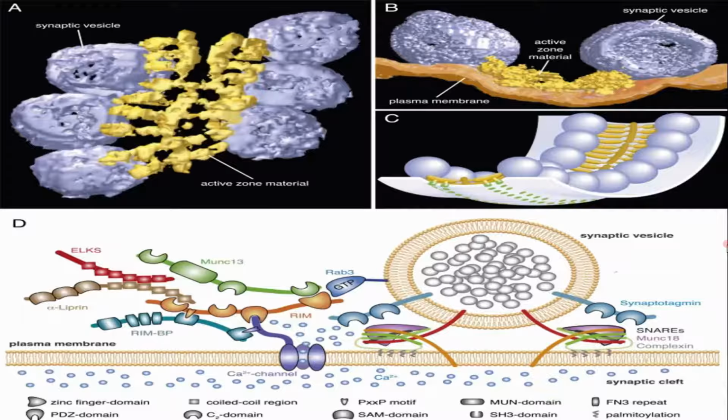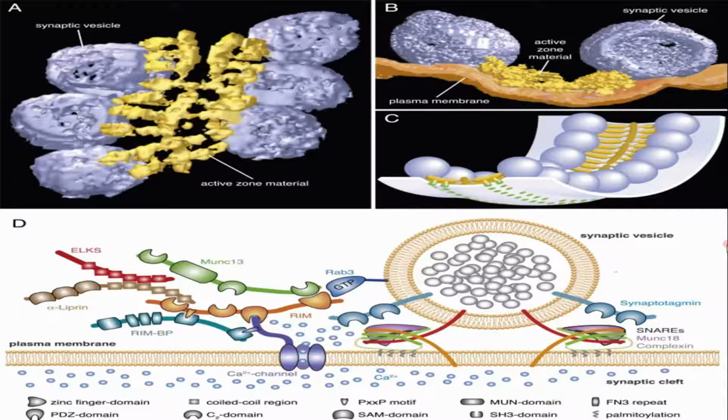We have already told that the calcium channels are located in the active zone membrane at the site adjacent to the docked vesicles. When they open, a small area of high calcium concentration, which lasts for less than a millisecond and is termed a microdomain, is created at the active zone. So what is created now? A microdomain is created in the active zone.